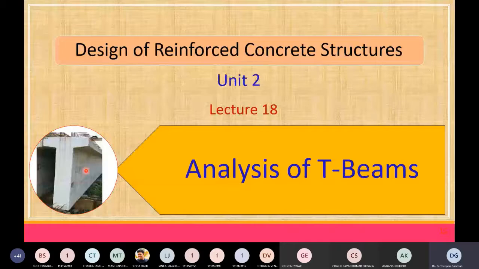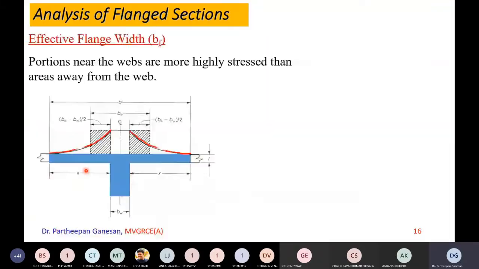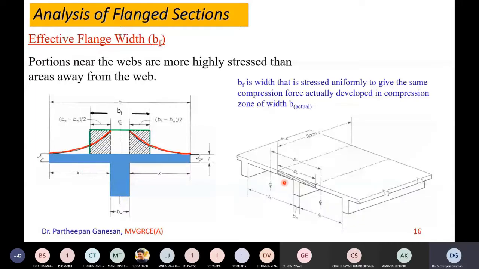Okay. So, as we discussed in the last class, suppose let us say you have this is one T-beam, this is another T-beam, another T-beam. The clear span between these two beams is S1. The clear span between the second and this one is S2. Now the center to center distance of the center of this slab and the center of this slab, that distance is called the actual width of the flange. That is this one, actual width of the flange B.